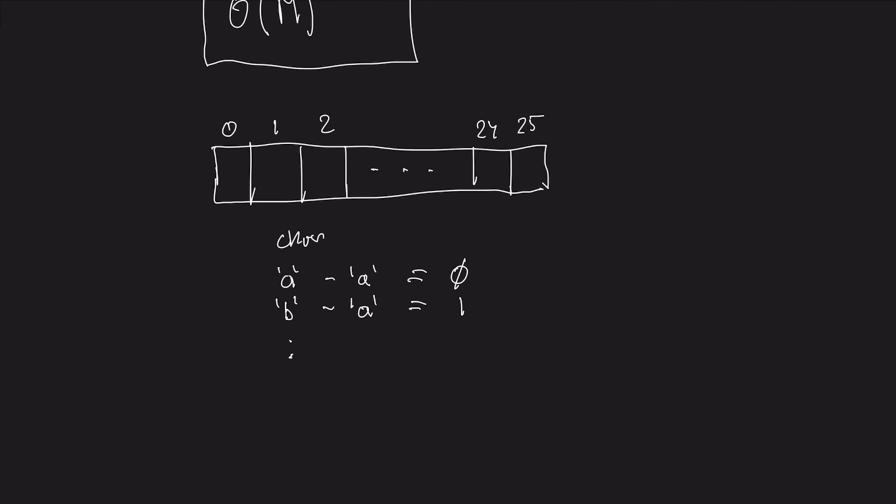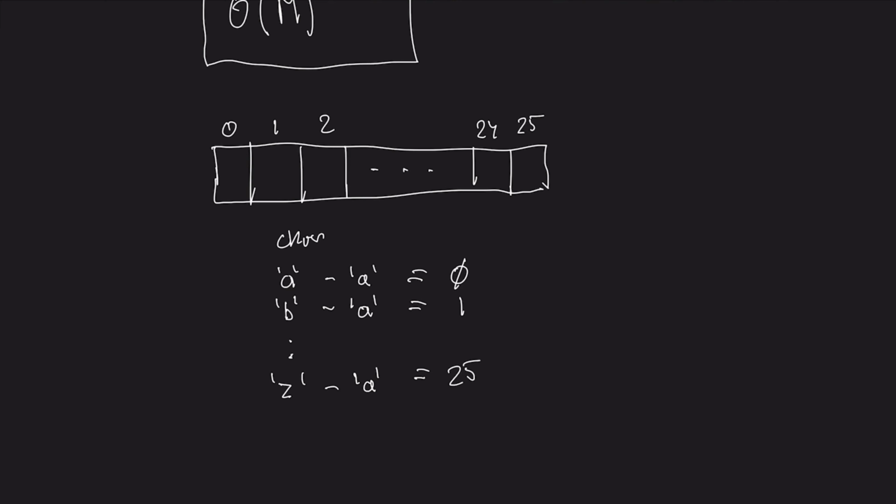And for the last character, Z, when we subtract A, we would get 25. So in other words, we would change the map from char to integer to an array, where the index of the array is